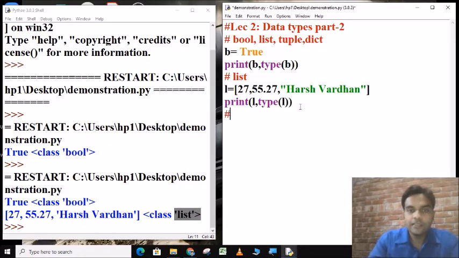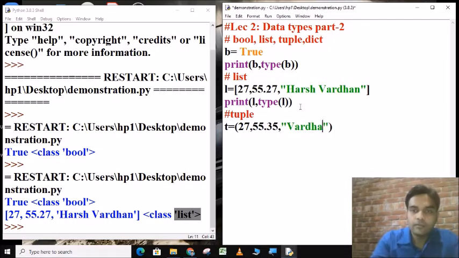Now see next data type, that is tuple. So tuple is represented in the form of parenthesis. Tuple 27, 55.35 and name is Vardhan tutorial.